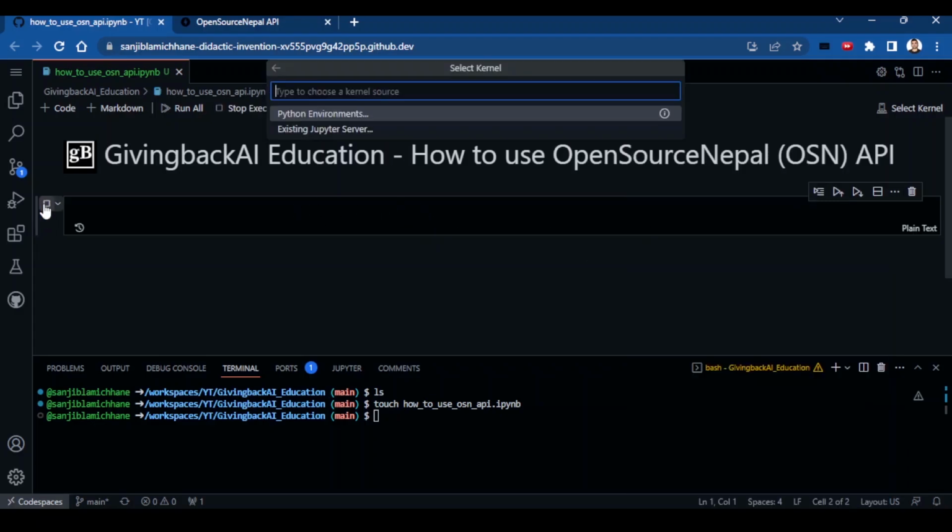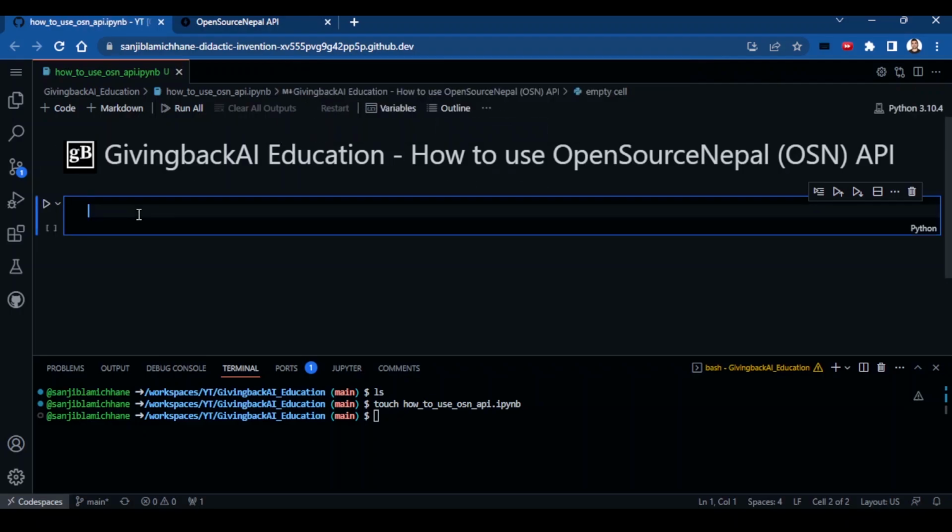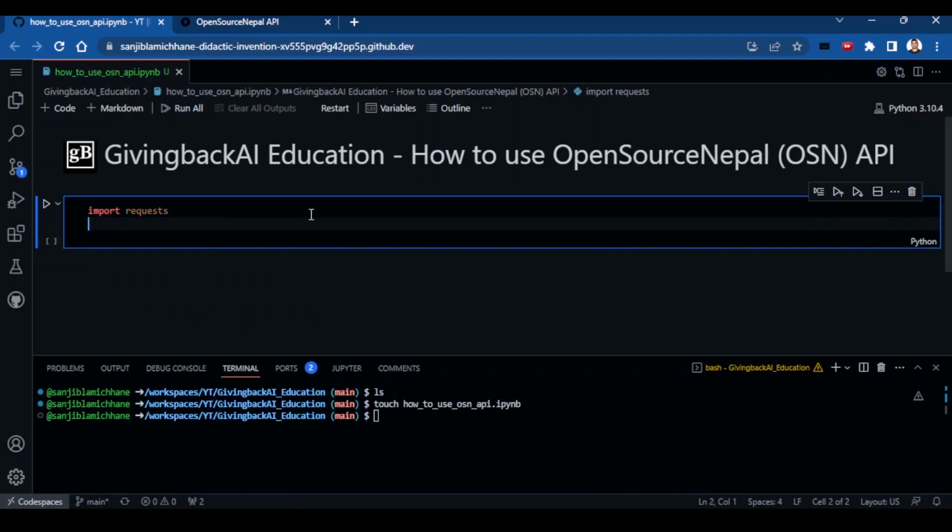It looks like this is a notebook format, so let me activate my environment first. So Python environment is my environment. Let me choose that, and now I can see Python is selected here. So let's import requests. So what would I do after I import requests?